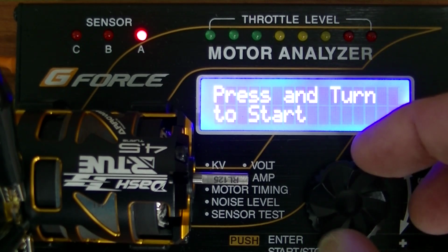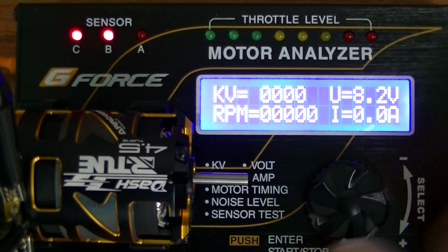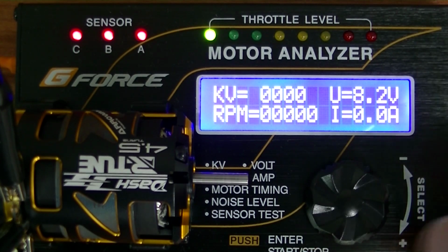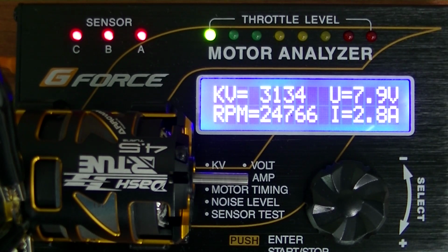So let's go in there, press and turn to start. Okay, let's back off a bit. So we have a motor at non-operating stage. You can see 8.2 volts, and the rest of the information is 0 because nothing is running, only the voltage is there. Slowly we turn it up and we shall see some data. Now on stage 1, the on-load voltage is 7.9, amps drawn at 2.9 amps, and RPM we are already at 24,000, almost 25,000 RPM,